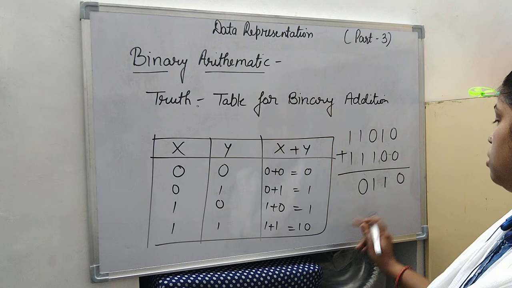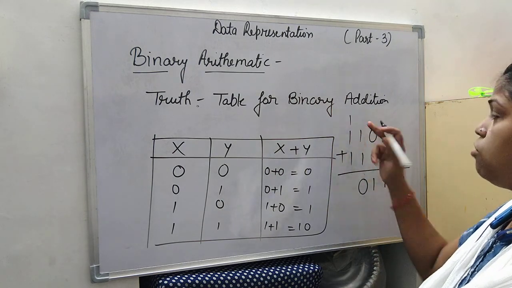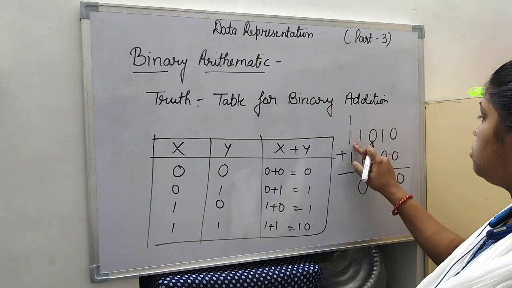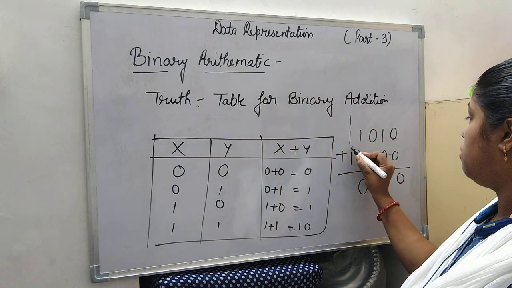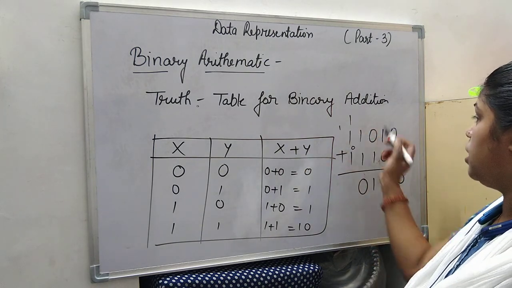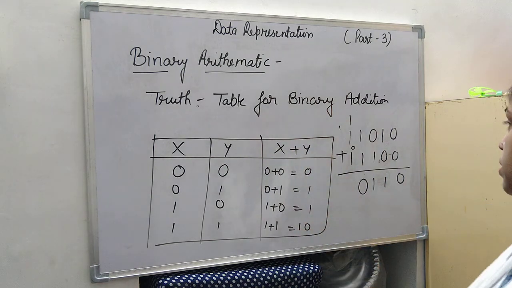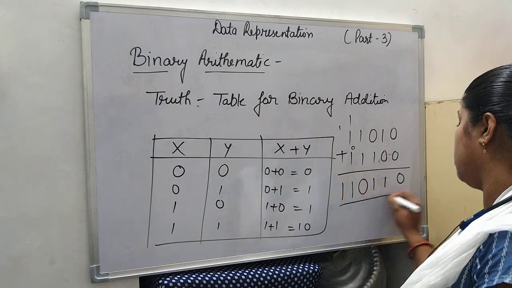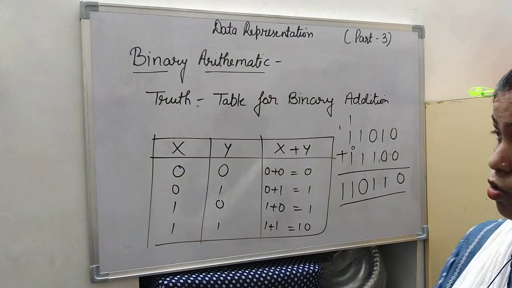So the 0 stays and the 1 is carried forward to the next bit. Now solve these two: 1 plus 1 gives you 10. So here you have a 0, and in the next bit 1 will be represented. Now 0 plus 1 gives you 1, and thus 1 will be written down. So the answer will be